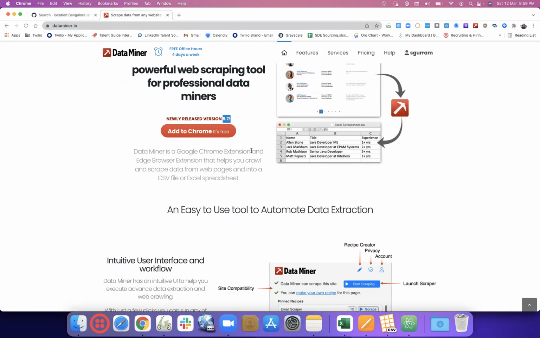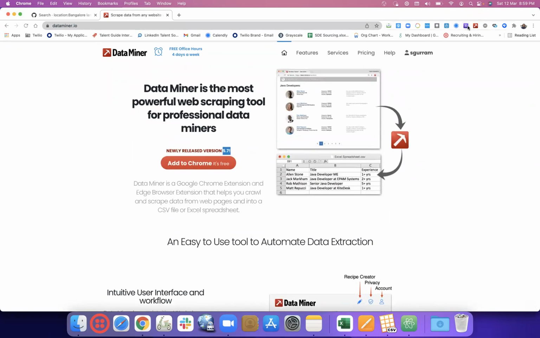So you just add to Chrome, and the way you see it, one is a recipe creator, one is a data miner, two different tools, two different extensions. But I think the latest version would do the same job with one extension itself. We don't really need two extensions. Previous one is also pretty easy, it's just that a little bit of diligence is needed.